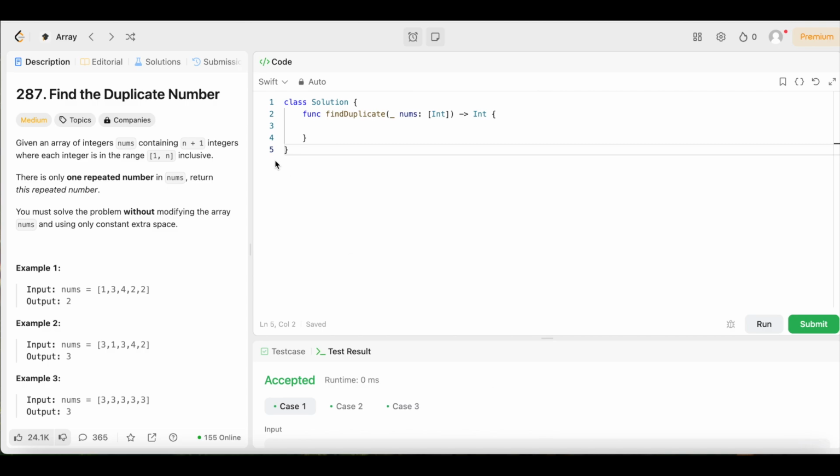All right, y'all, we're back again, another day, another LeetCode problem where we're doing daily LeetCode problems. And today we have question number 287, Find the Duplicate Number. The difficulty level is medium, but don't worry because we're going to keep the solution as simple and easy to